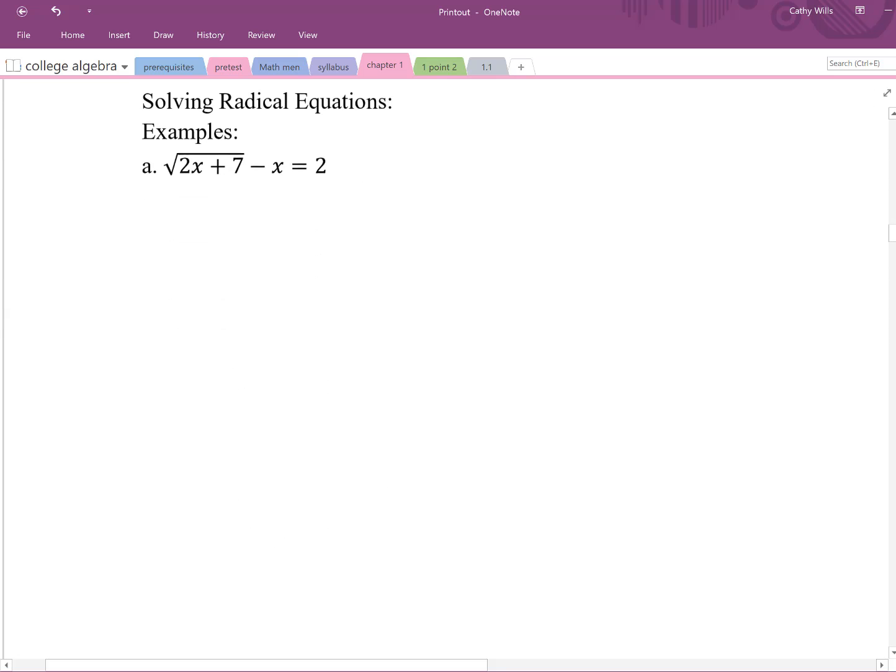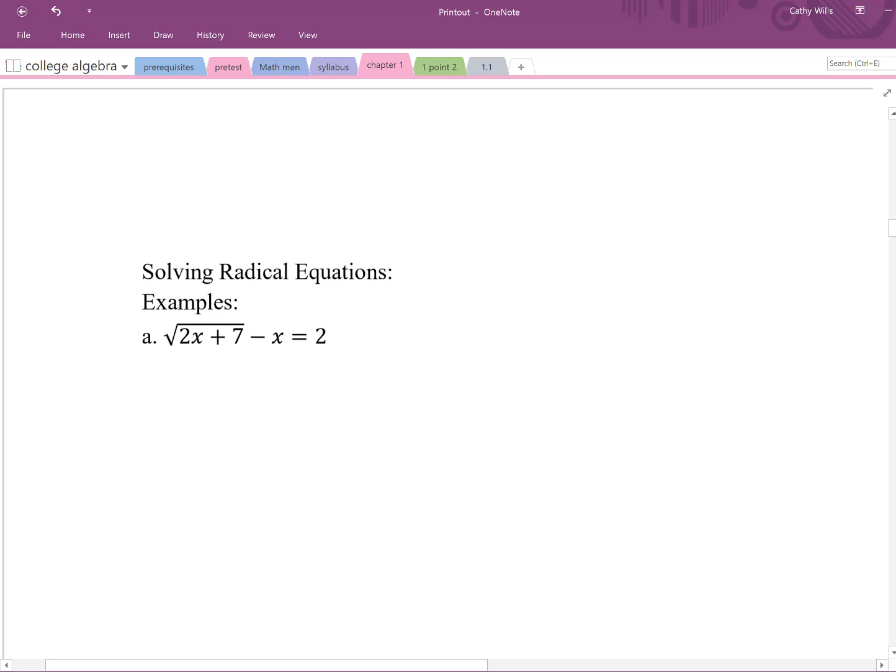All right, solving radical equations. Whenever you have an equation with a radical in it, at some point you're going to have to square both sides to make that radical go away. Whenever you square both sides of an equation, you have the potential to add solutions that don't really work in